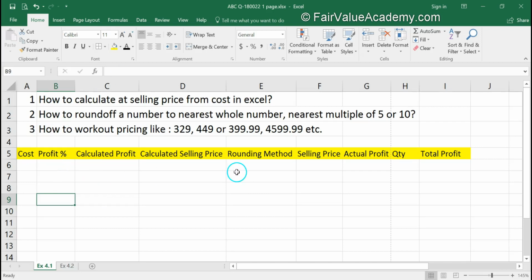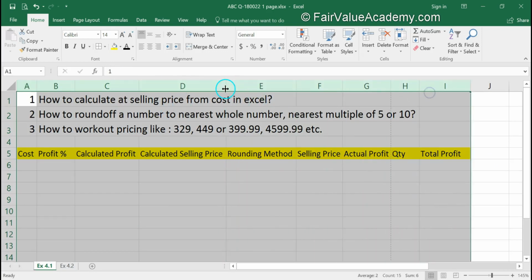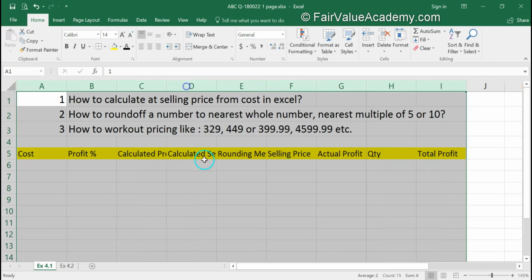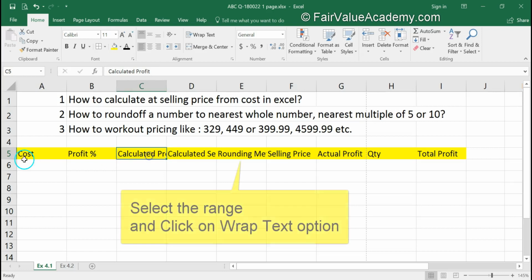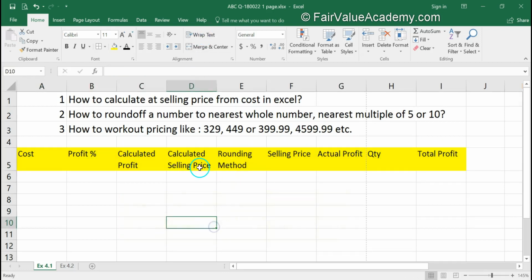If you see, the width of each column is different. So to make it look neat and easy for me to explain, I am going to make the column width standard for all of these by selecting all of the columns and then dragging any one column to the desired width. Now let me make it a little smaller so that all the columns fall in place. If you see, some of the headers are not seen properly now. So as we learned before, what we are going to do is wrap the text so that all the text is seen in those particular cells.